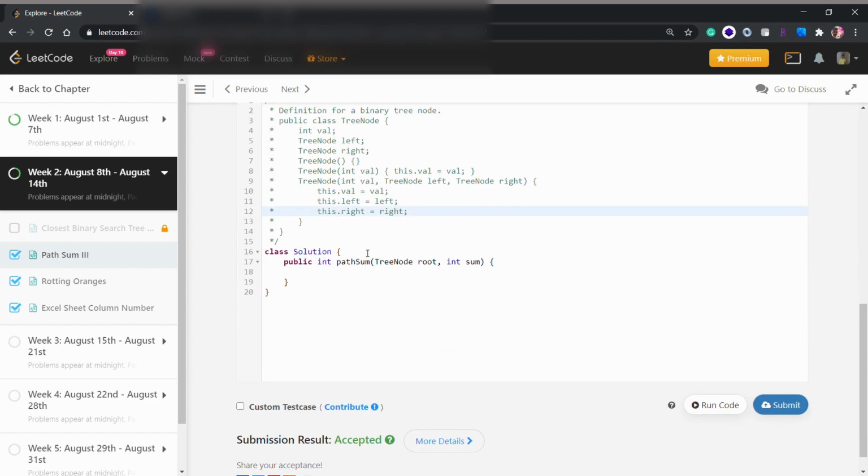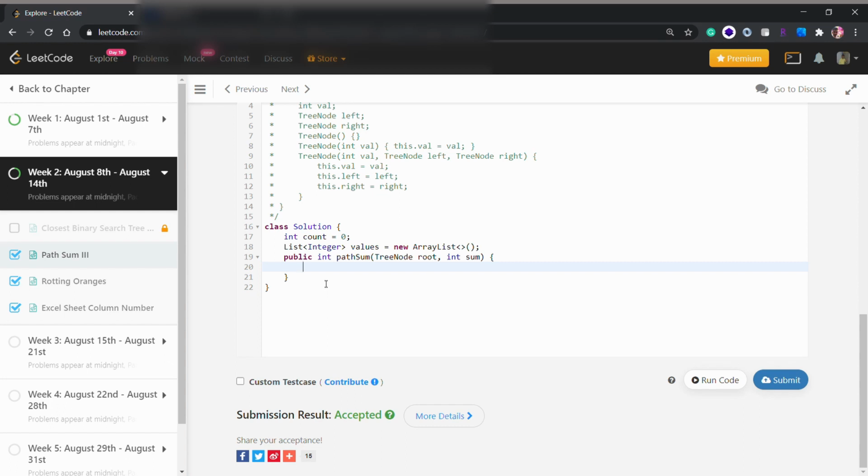So first of all, let's make a variable count equal to 0, and then we will use an ArrayList of Integer, values, equal to new ArrayList.